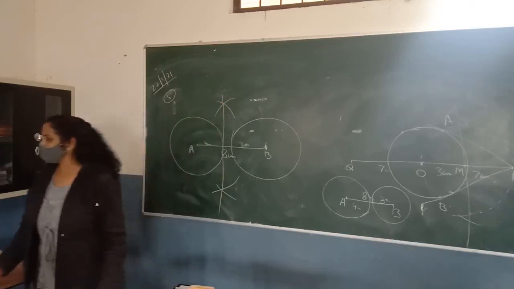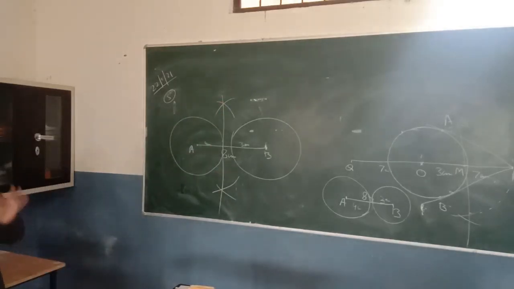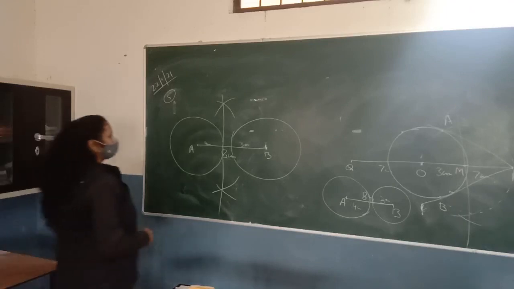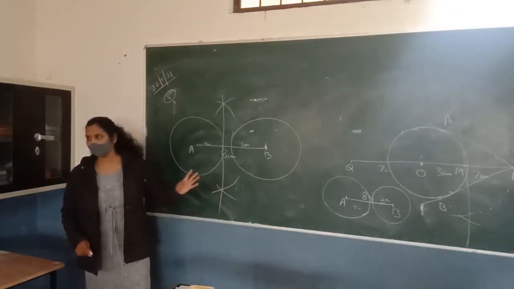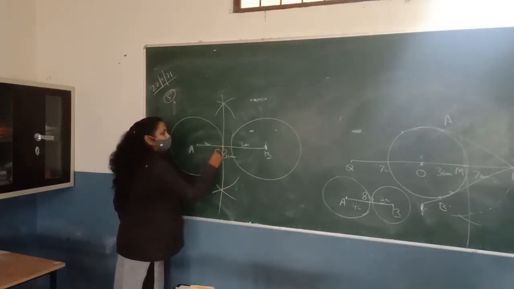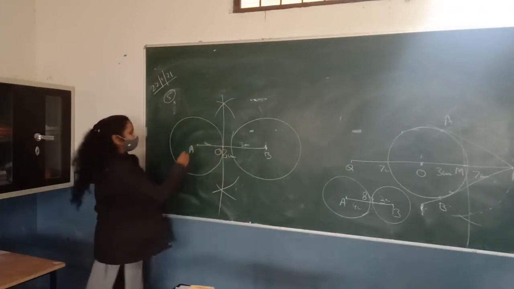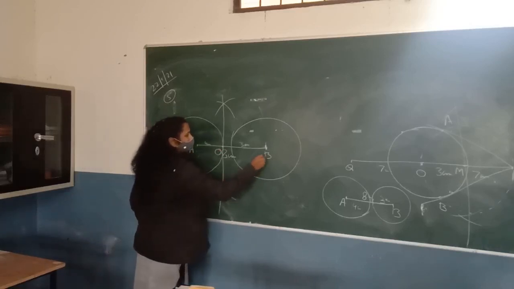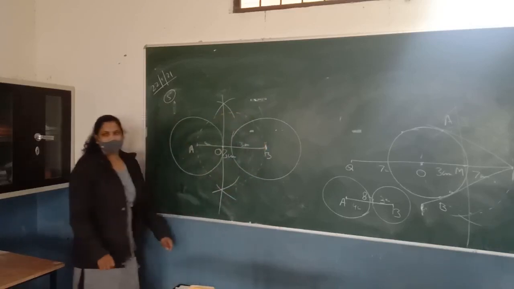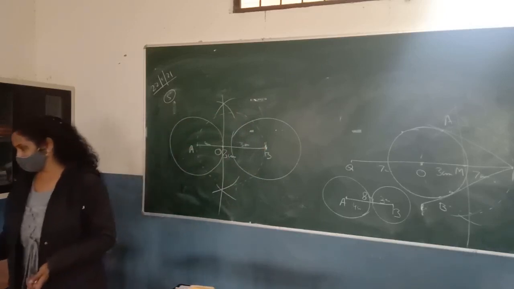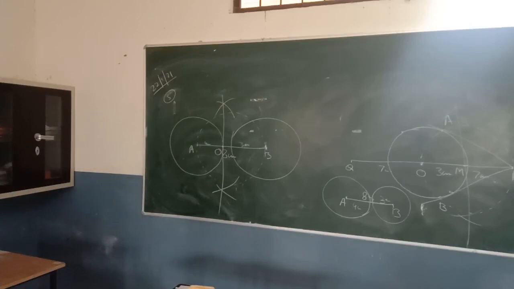Have you constructed? The method for making the tangents is the same for every question. Have you drawn the perpendicular bisector? Now you know that with this center and having the radius of OA, we will draw a circle. You can draw this circle by dotted lines. It's up to you. If you want to draw with dotted lines, you can do it. Otherwise, you can construct the whole circle. You have done? Okay, good.